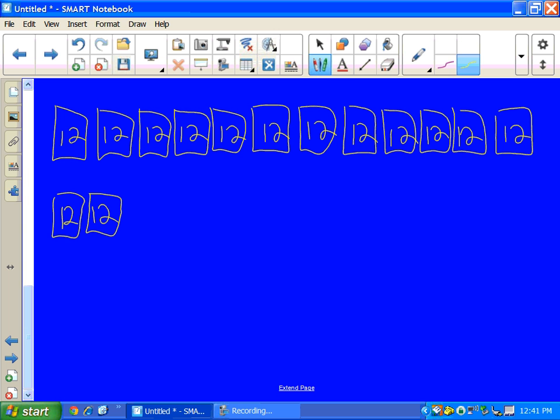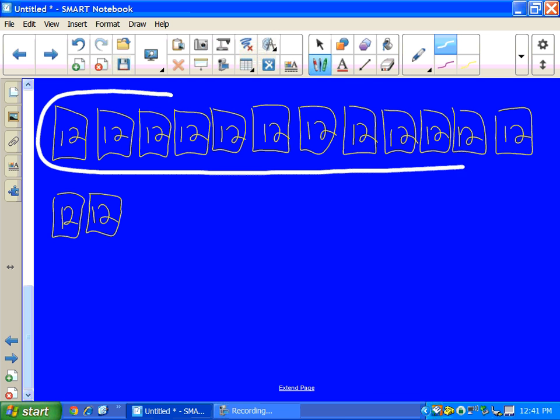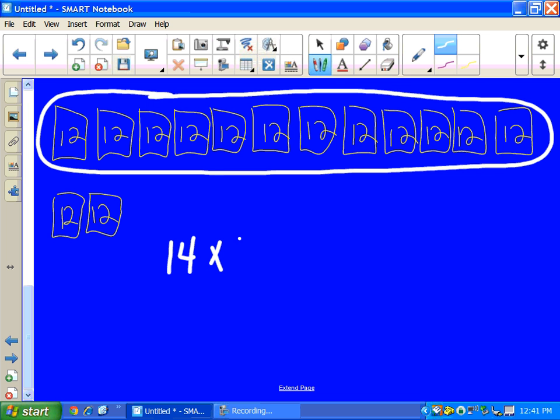So instead of grouping 10 groups of 12, we may look at this and say, well, I know what 12 groups of 12 is, so I'm still figuring out 14 times 12. So 14 times 12 is the same thing as those 12 groups of 12